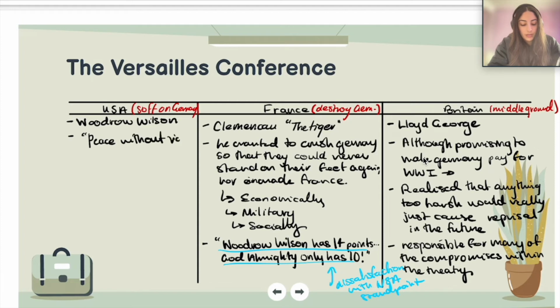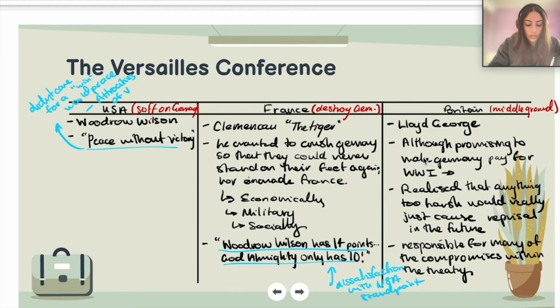And that's a quote from Woodrow Wilson. And so basically what this means is that he didn't care for a win. He really just cared for world peace, especially after the atrocities